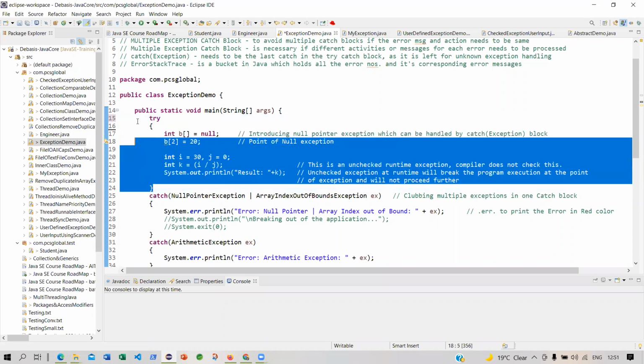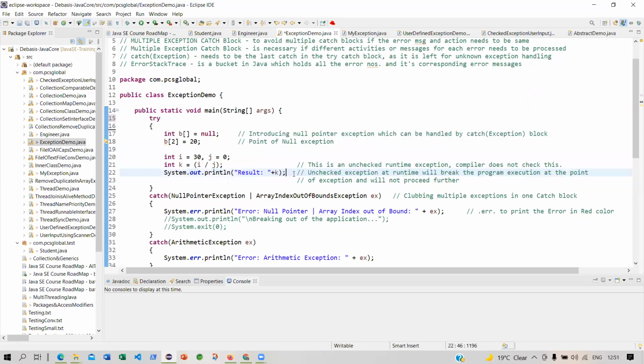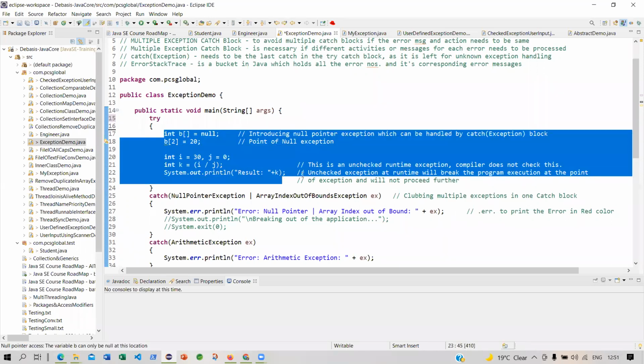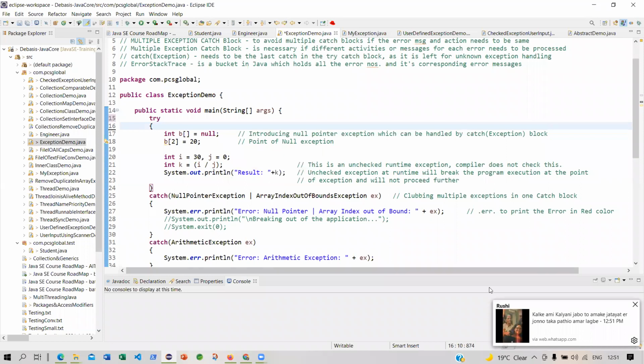This is the try block, because you expect that there can be some mistake when I'm doing this. So let me try and handle the exception if there is any. It may happen there is none.